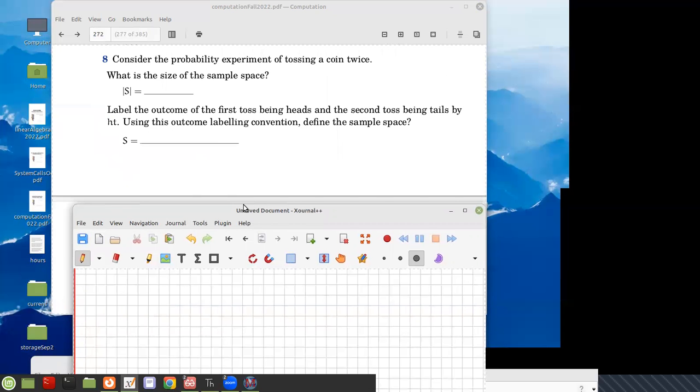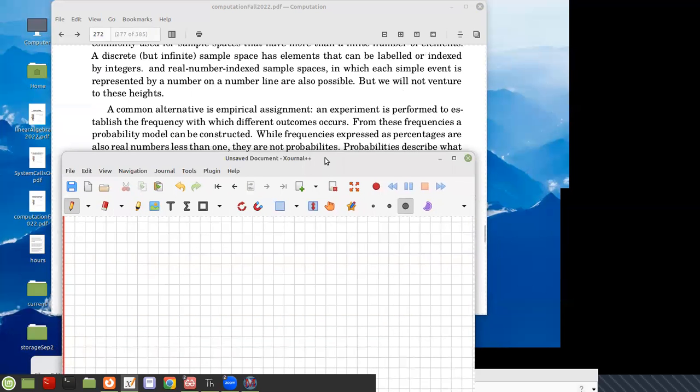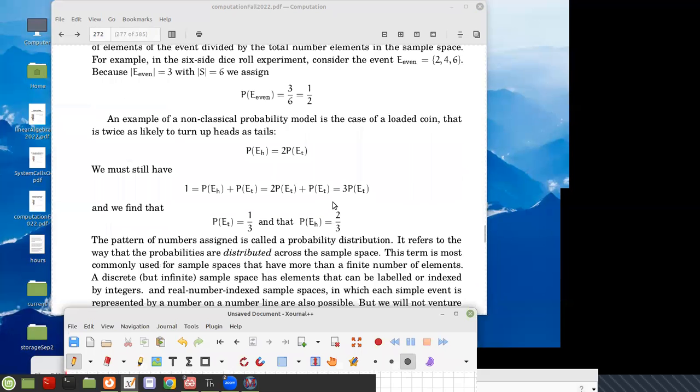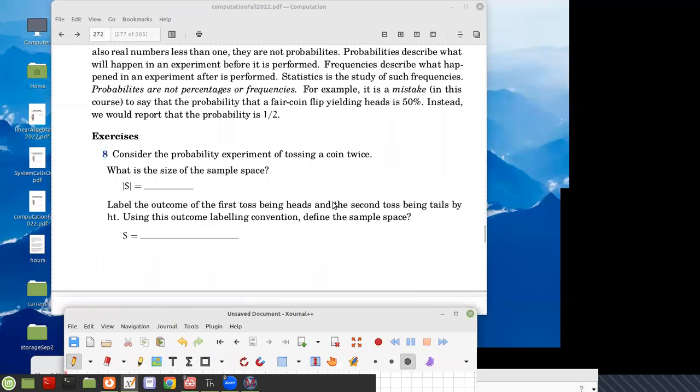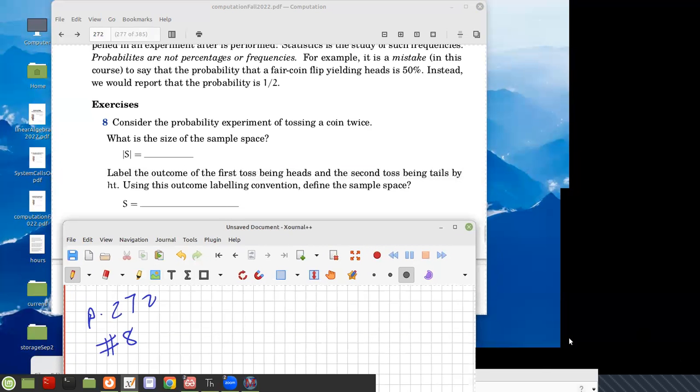To review this, this is on page 272. Number 8. So let's try to work on these two, and I'm going to